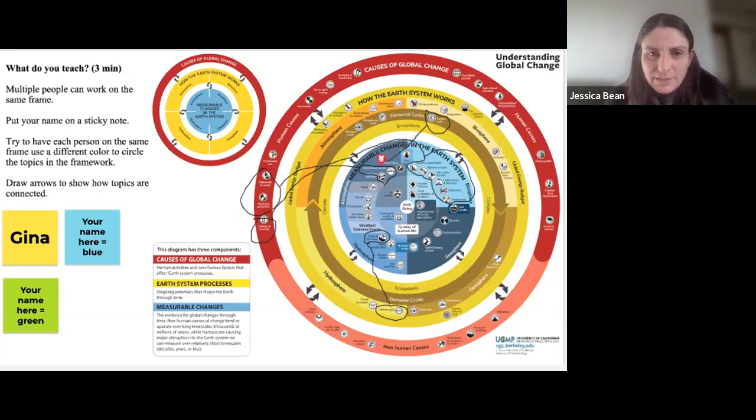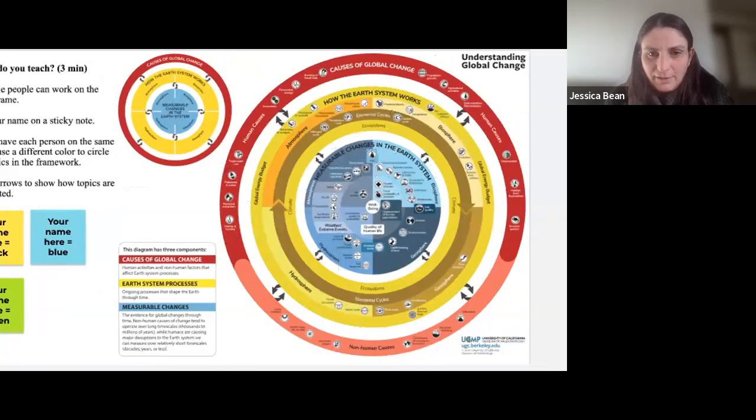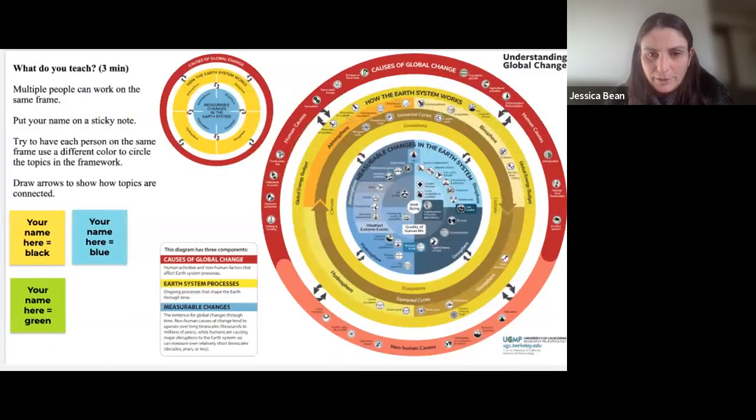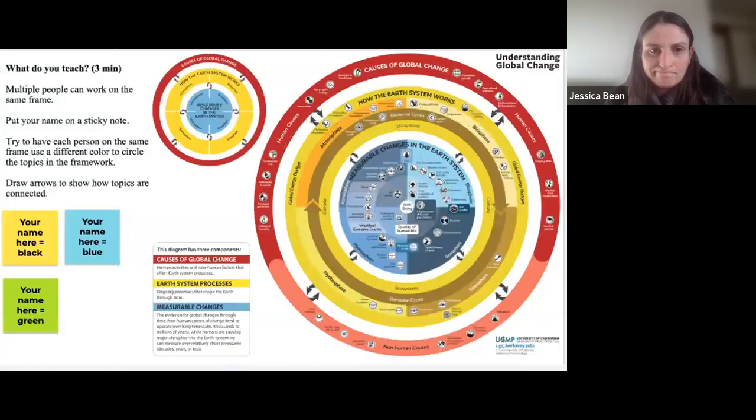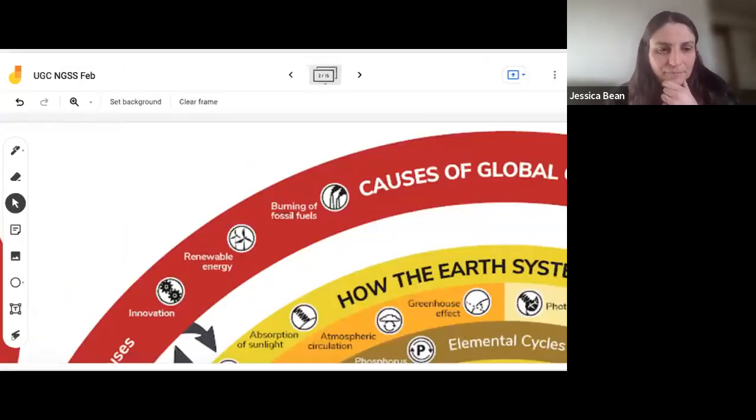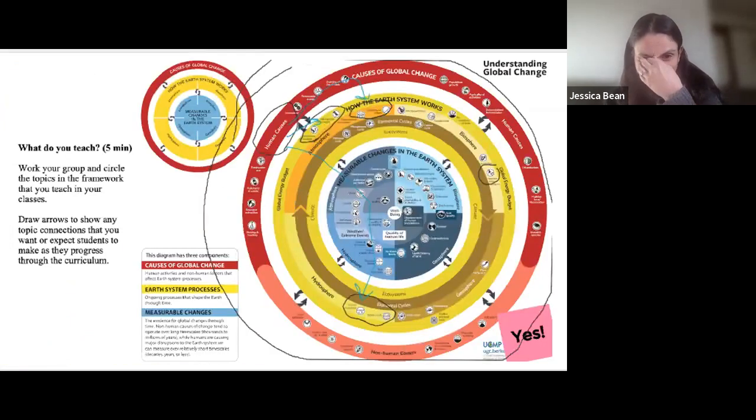So again, lots of ways to use this tool to really push your thinking and think broadly about what you're doing, how you're doing it, and why. Great. Well, those Jamboards will be available to you if you want to look back on them and use them for your own purposes or make a copy. And again, very often I'll get responses like, yeah, I teach the whole thing. But again, the idea is to be really specific and intentional about what you want students to learn. What do you want them to be thinking about?